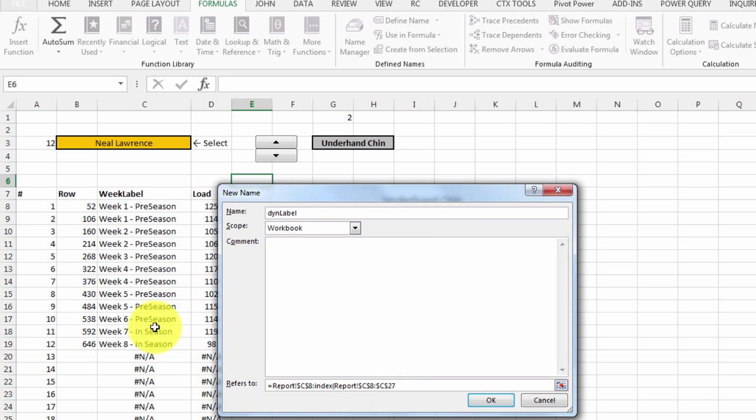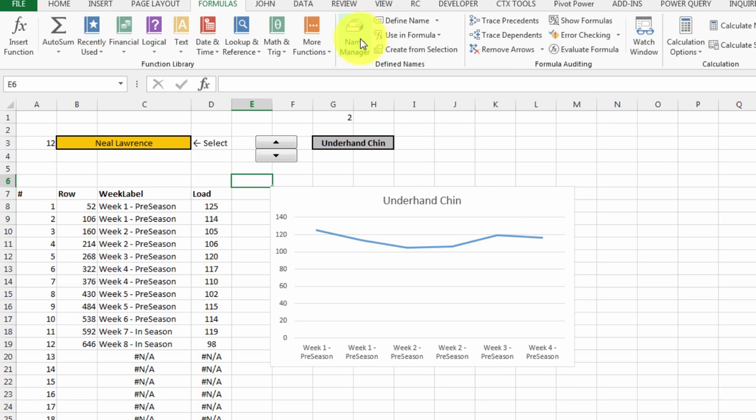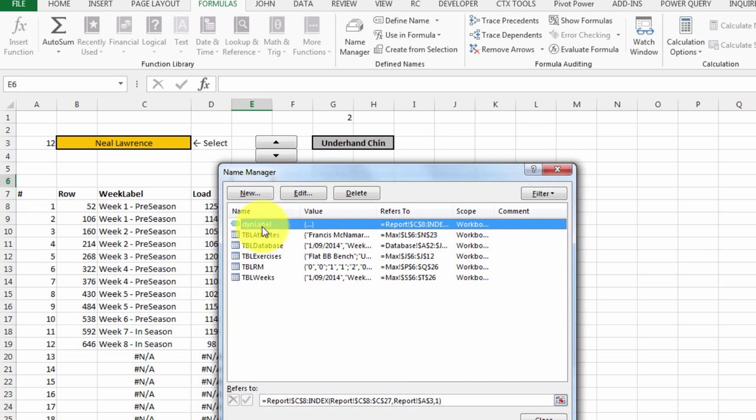We use the index function. Select cell C8 to C27, click on cell A3, that tells us the row number, and just put a 1 on the end. It is a single column range, so it's a little bit of an unnecessary value, but index requires a row and a column number to work. So there is our dynamic range, and if I click on the name manager, I see it up the top here,